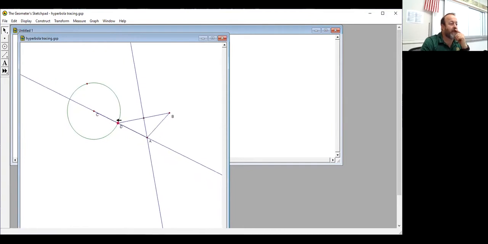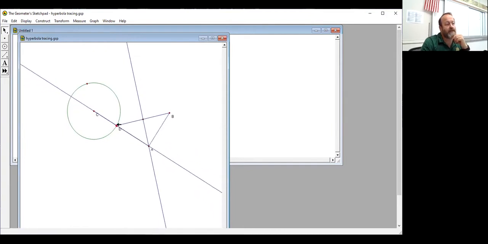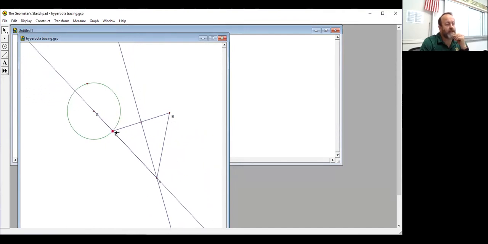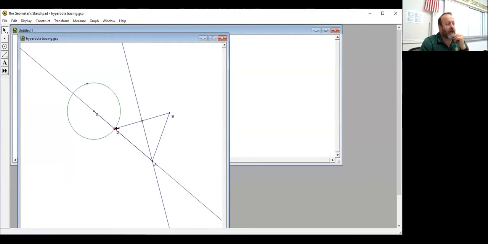The distance from A to D is the same as the distance from A to B, because I simply took a little perpendicular bisector of this segment right here. And so no matter what, any point on a perpendicular bisector is going to have the same distance from any point on it. So as I move this along, point A is always that same distance. Now, what's interesting is that if you took the distance from A to C, right here,